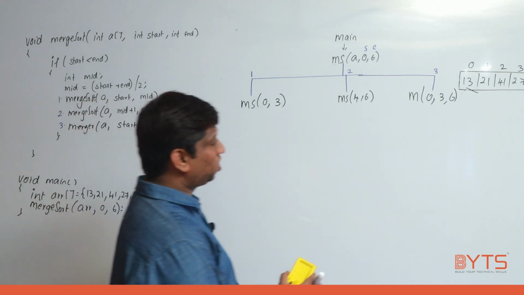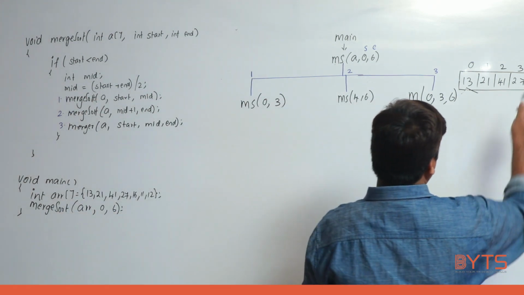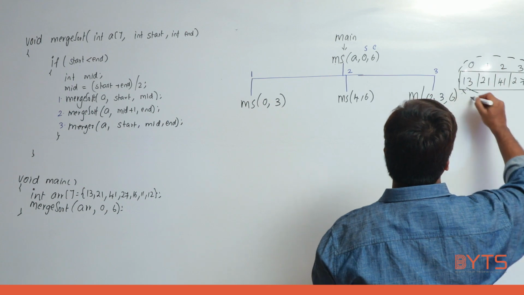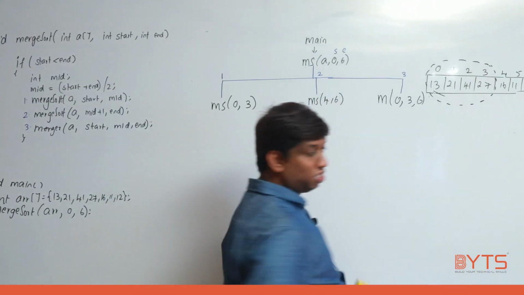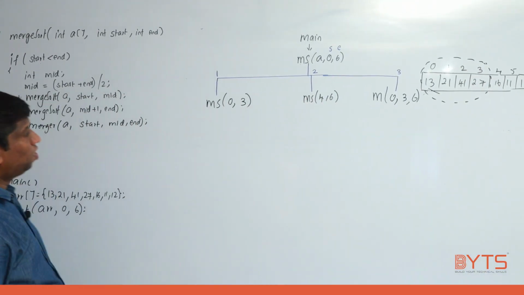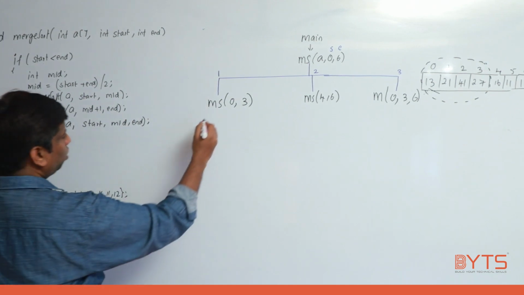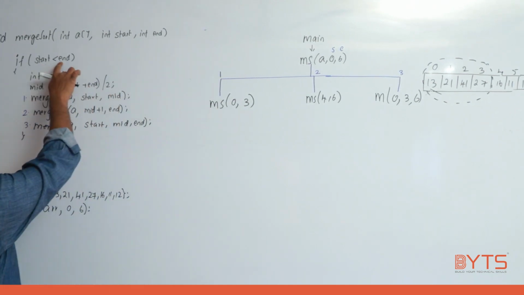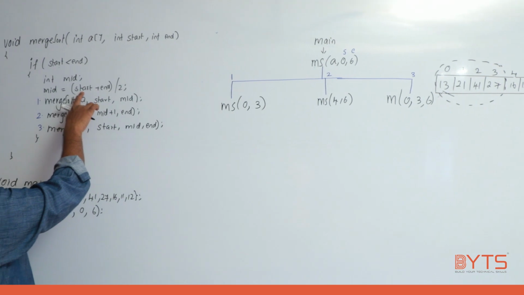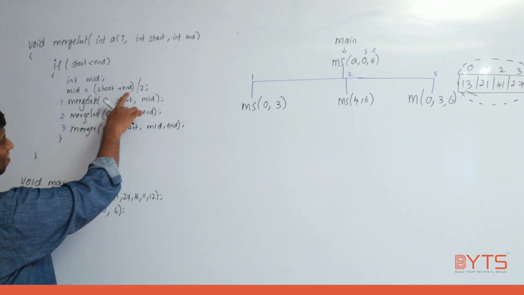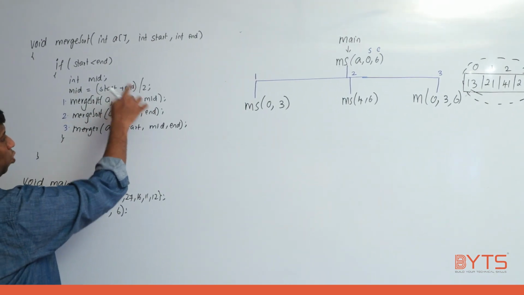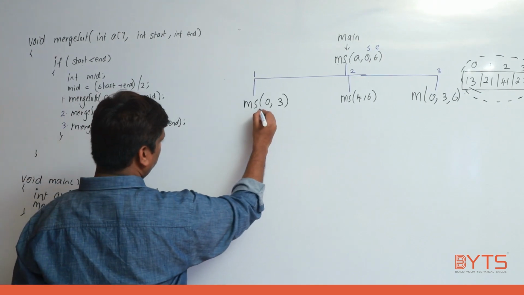Now I am talking about this array, right? On this I am calling merge sort. On this I am calling merge sort. Now here also we are executing 3 lines. Why? 0 less than 3, true. Come here. Start value is 0, end value is 3. 0 plus 3, 3, 3 by 2, 1. Means here 3 lines are executed.